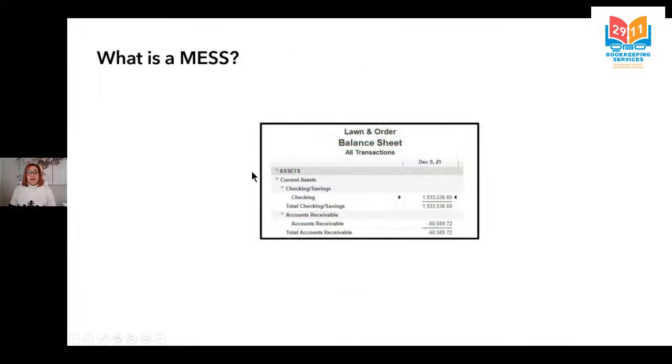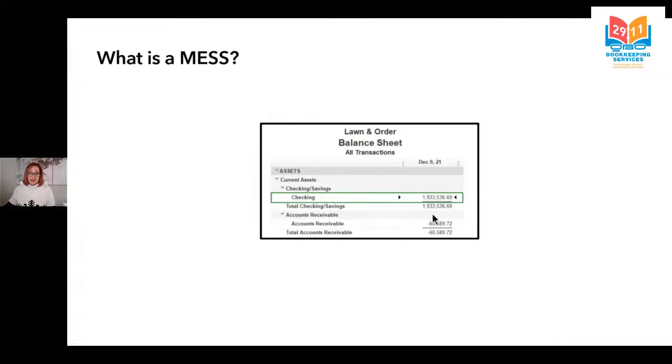Here's another example of a balance sheet. Now, this one also has an issue with the checking account, but it's sort of the opposite problem as the last balance sheet we took a look at. Look at this checking account's balance. You notice how high it is? The checking balance in QuickBooks should at least be very similar to what the balance is in the real world. And if your real world bank balance is not this high, then that is a good indicator of a mess in your books.